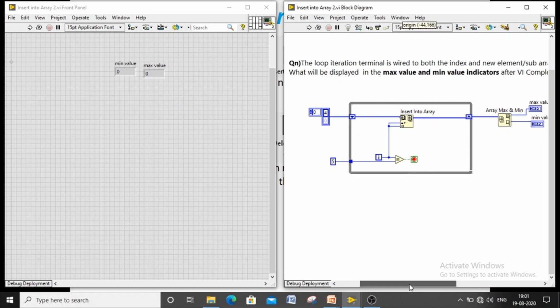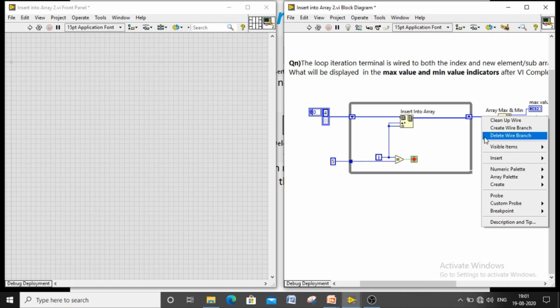We have to find the maximum value and the minimum value in the generated array. 4 is the existing value, so we have 0 1 2 3 4 5, and 4. Once you know what array values are there at the end of the execution, you can understand which is minimum and which is maximum among the given elements.